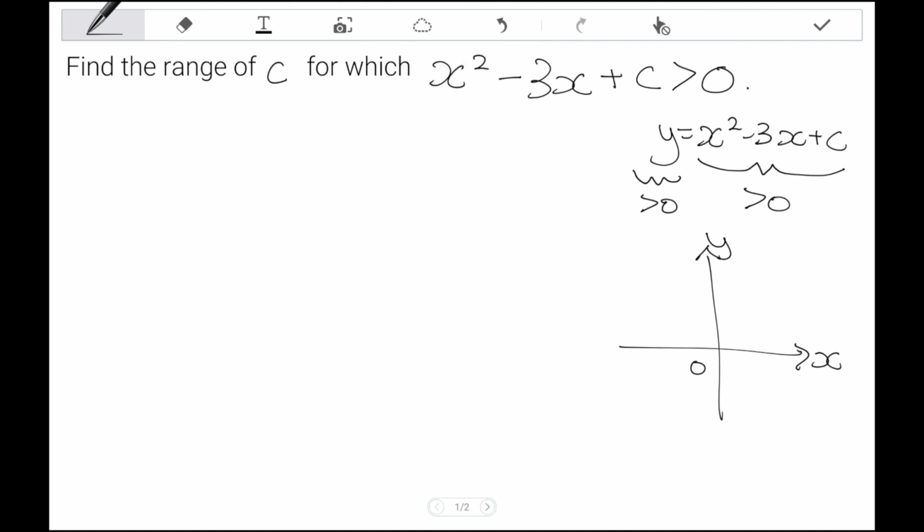Second, we think about this. So how do we sketch a U-shaped graph where all the y values are greater than 0? The only way to do this is to sketch a graph like this, where every single y value on this is positive. Now, very clearly we can see in this case that there are no x-intercepts, and so if I was to flip over to the next page again,